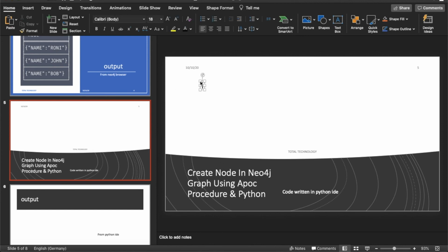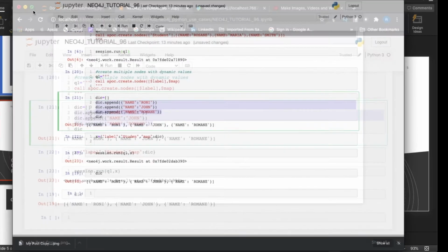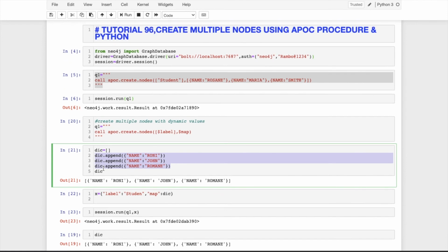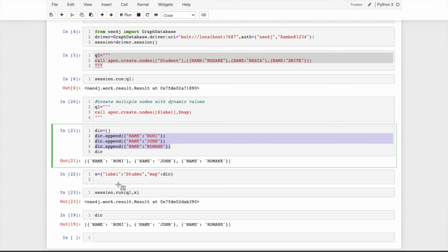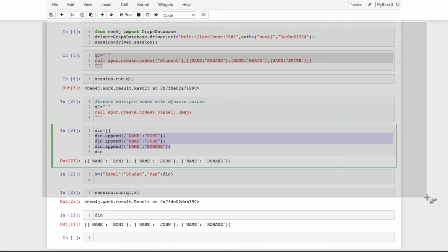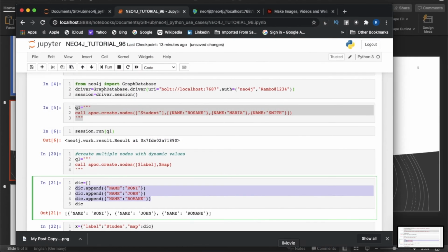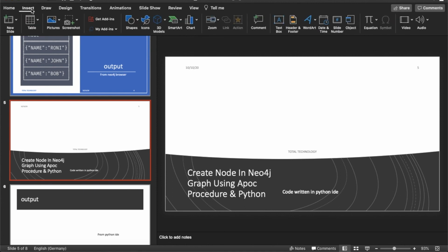create. Okay, so what I'll do, I will just take a screenshot of this. Yes, I think it will be good if I put everything within this. Okay, that's it. So it will be inside a single one. Okay, so let me insert.